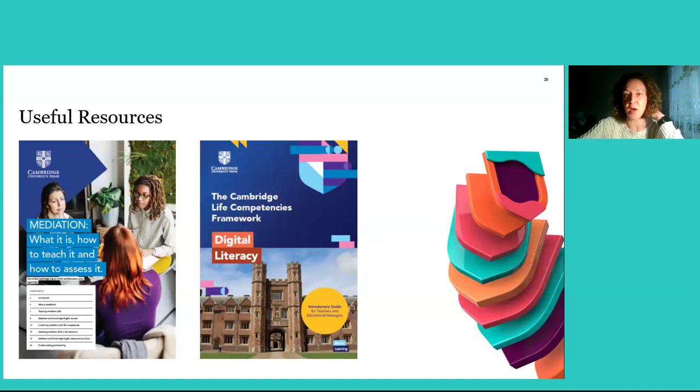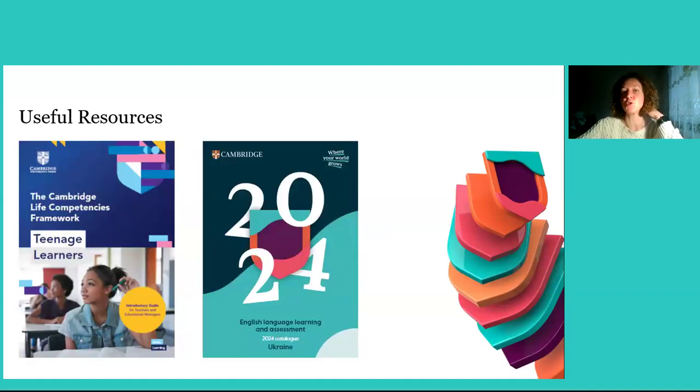Which skills we need to have and how to develop them, and which can-do statements there are for digital literacy. I will also share the teenage learners framework for life competencies,